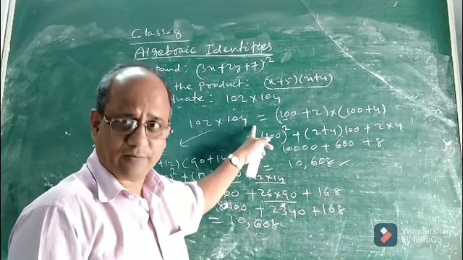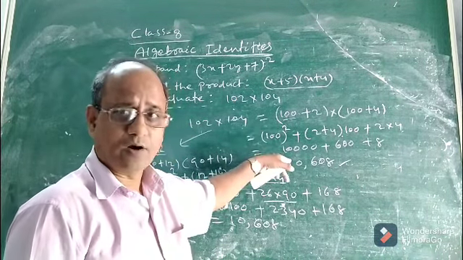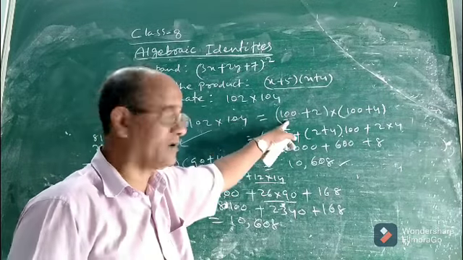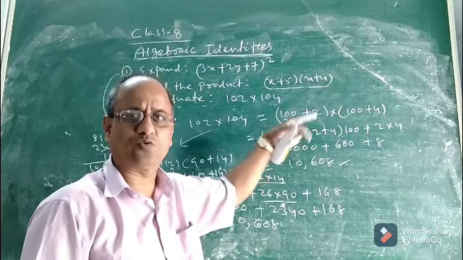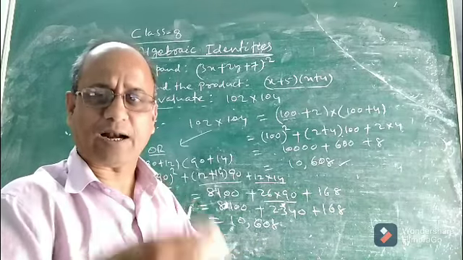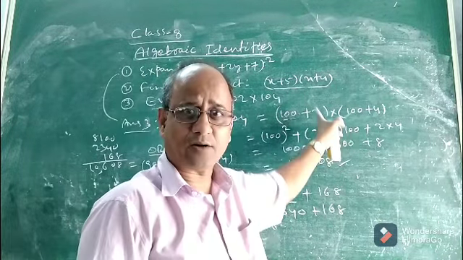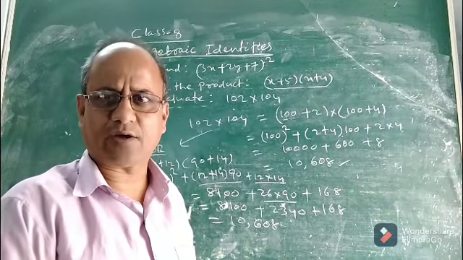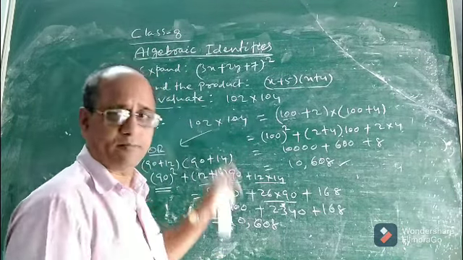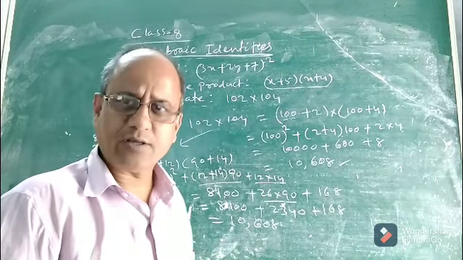So I will advise you to do it this way. Always break this type of number as 100 plus 2, 10 plus 2, 1000 plus something. That means multiples of 10. You should break in this format so that the calculation will be very easy, in order to compute the product of this type of numbers. Okay children, so I